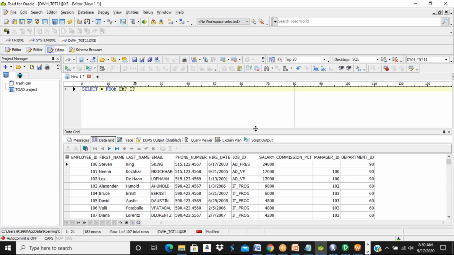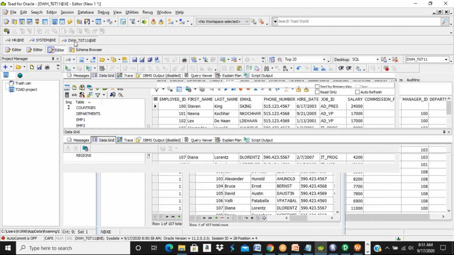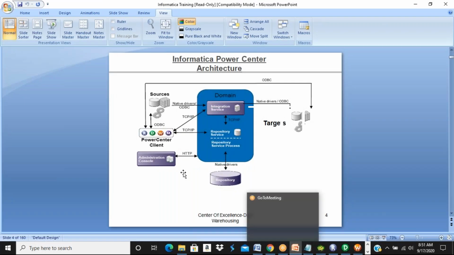What do you understand by this session? We have seen Informatica as an ETL tool which is used to extract the data from the HR system and load the data into some other schema, right? So this is E and L. I have not explained transformation. In the next session, I'm going to talk about transformations. Now look at this architecture and let me know if you have any questions.